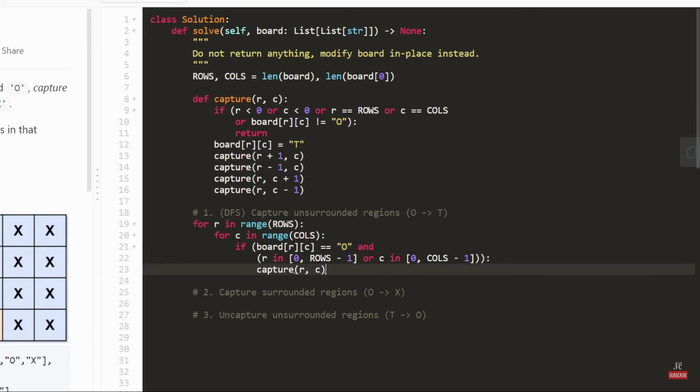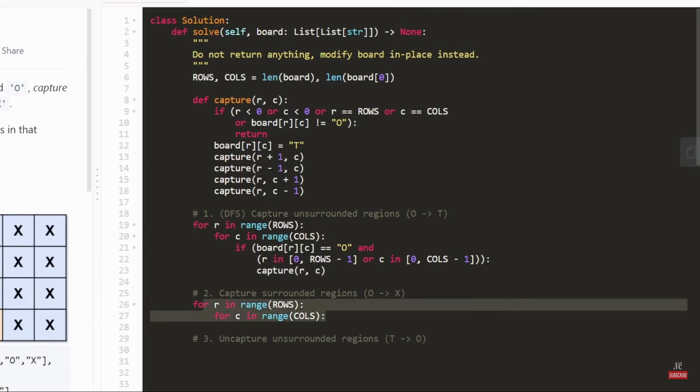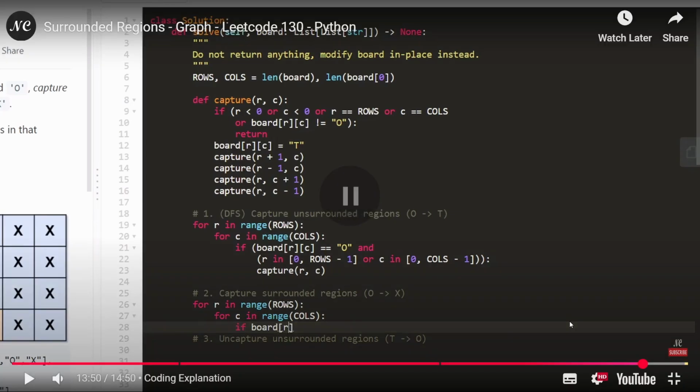We've already captured all unsurrounded regions, converted them into T's. And the next portion of the algorithm is actually going to be very trivial because we're not going to even need DFS. We're just going to do a double nested for loop on the entire grid and convert all O's into X's, right? That's all we've got to do. This is capturing the surrounded region. So if we ever see an O, then we